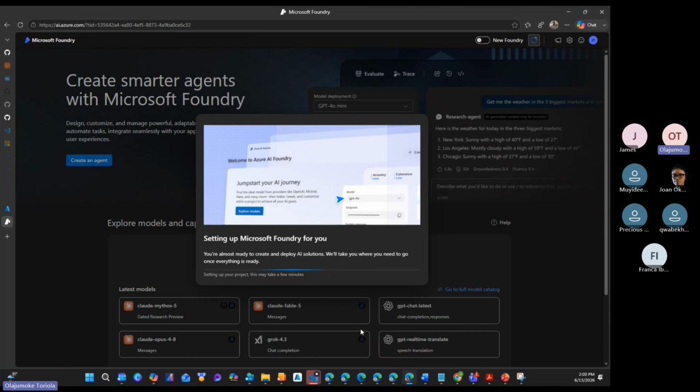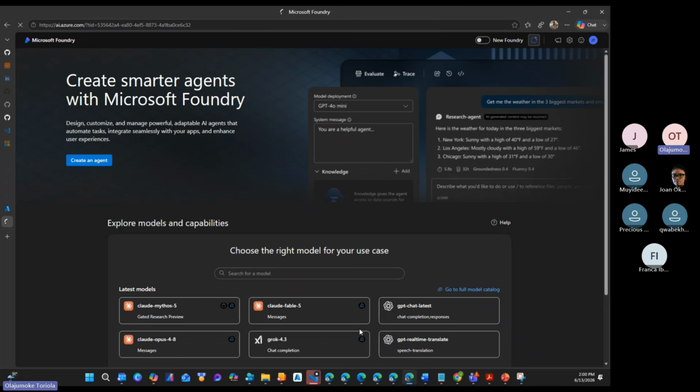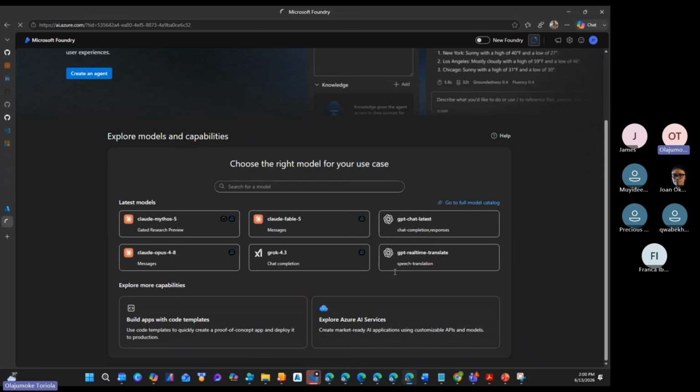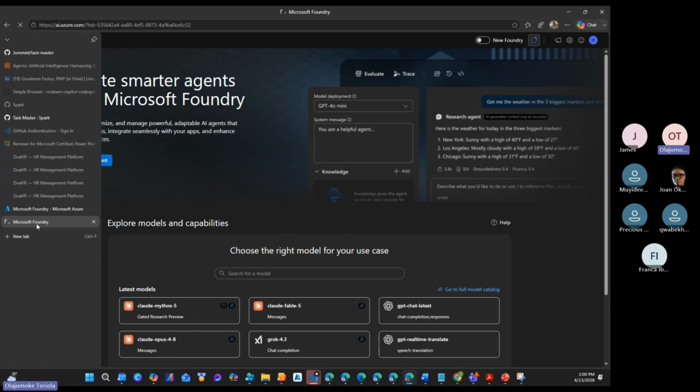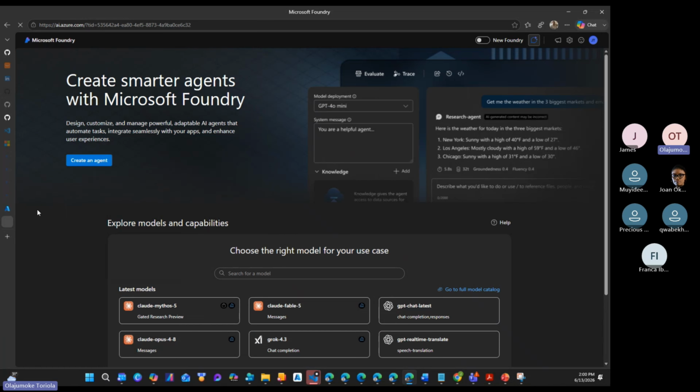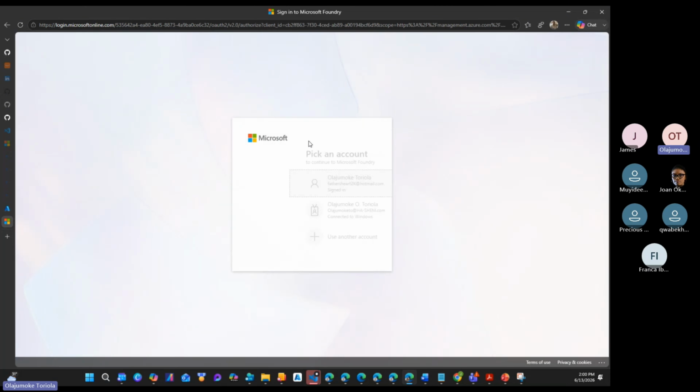But one of the things I normally encourage people to do is don't just go and pick models, because the model type will determine the money you are going to pay. They will determine the payments. Do you understand? So you can see that it is reloading. By the time it reloads, it will ask me to pick again. So when it finishes, we will change. Okay, so I just wanted to show you that.